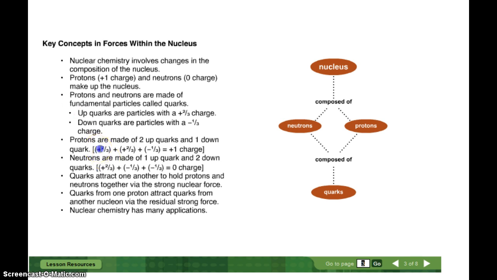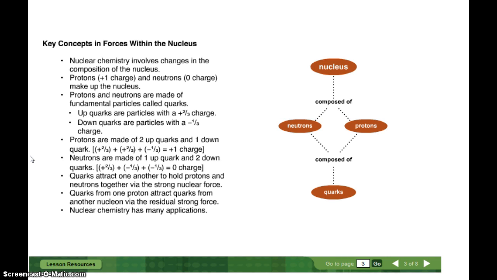So when you add it all together, 2/3 plus 2/3 plus a negative 1/3, that's how you get that positive 1 charge. Neutrons are made up of 1 up quark and 2 down quarks. So when you add that up, 2/3 minus a third equals 0. That's how you get the neutral charge. Quarks